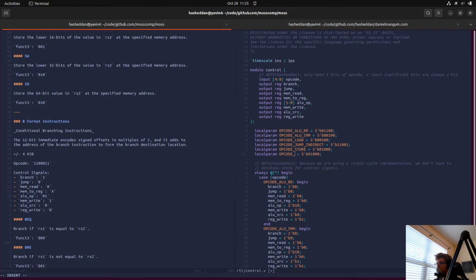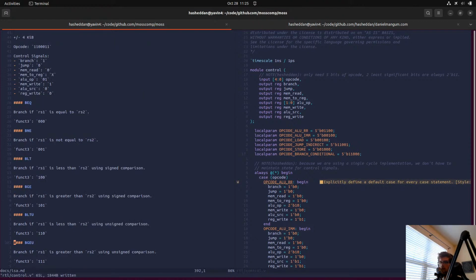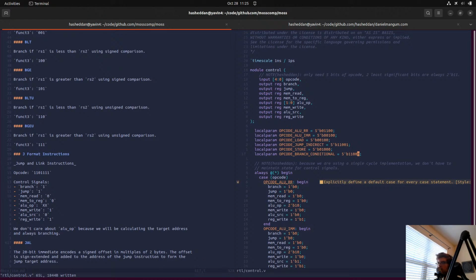Opcode branch conditional, and we'll say 11000, and jump and link.